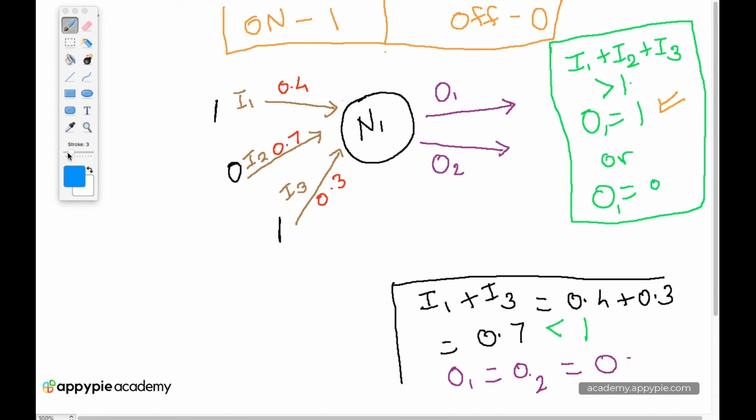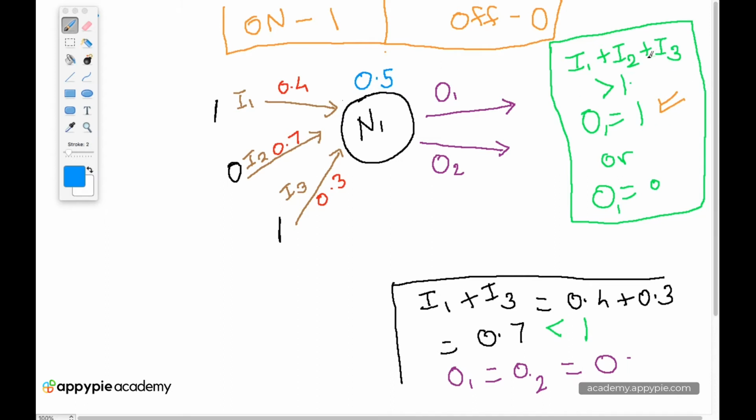Now you basically have a numerical value assigned to each and every neuron. In our case, let's say we have a bias of 0.5, and this bias basically just adds in to all of the input values. So for instance, consider that the addition of all of these inputs is 1.1, and then you just have the bias adding on to it.